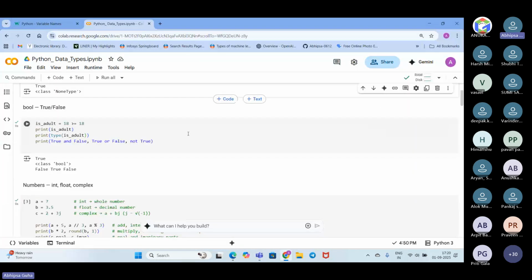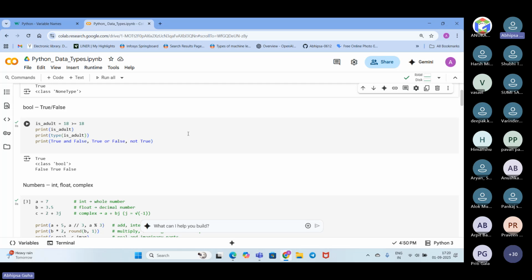Okay, so now we'll see about the Boolean type. Boolean returns a True or False value. The very first thing is we have taken a variable is_adult, with the statement is_adult = 18 >= 18. So we are comparing 18 with 18, greater than or equal to, and that is an equal value, right?